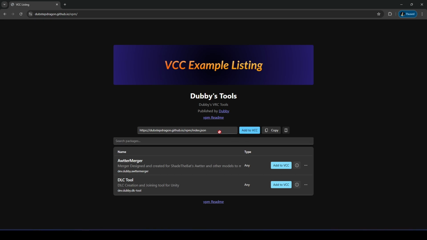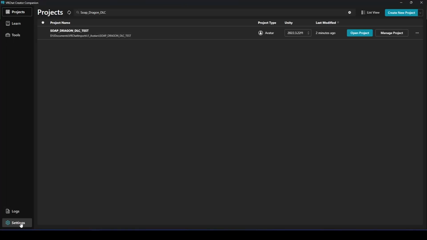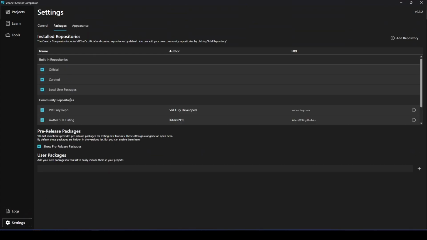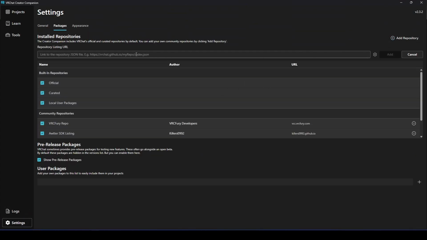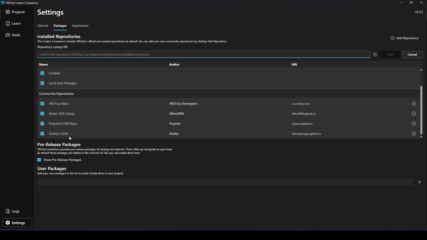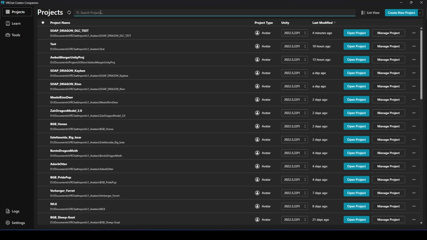So first things first, you're going to add it to VCC. You can either do that by clicking this, or you can go to your settings, packages, and then you can click add repository and paste it in here. Once it is added, you'll see Dubby's tools here. And then if you go back to your projects here,